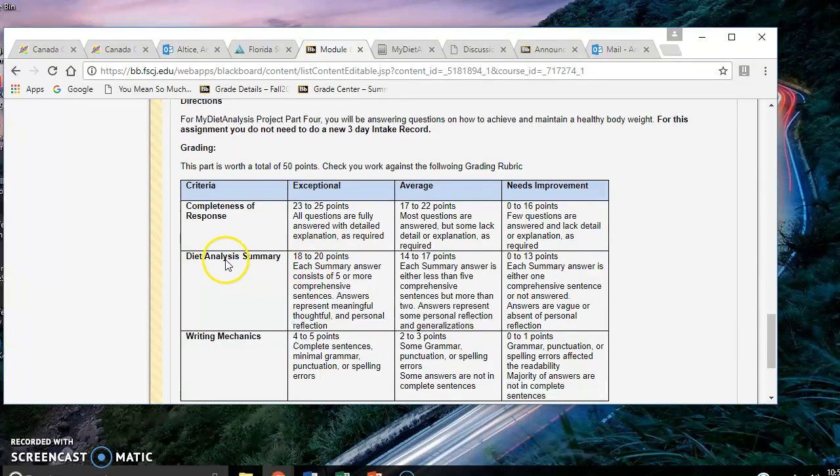Also, I'm looking at your diet analysis summary. Does the summary answer consist of 5 or more comprehensive sentences like I showed you in A, B, and D? And of course, I'm looking at your grammar. So please take a look at this as you are doing your project so that you will not lose valuable